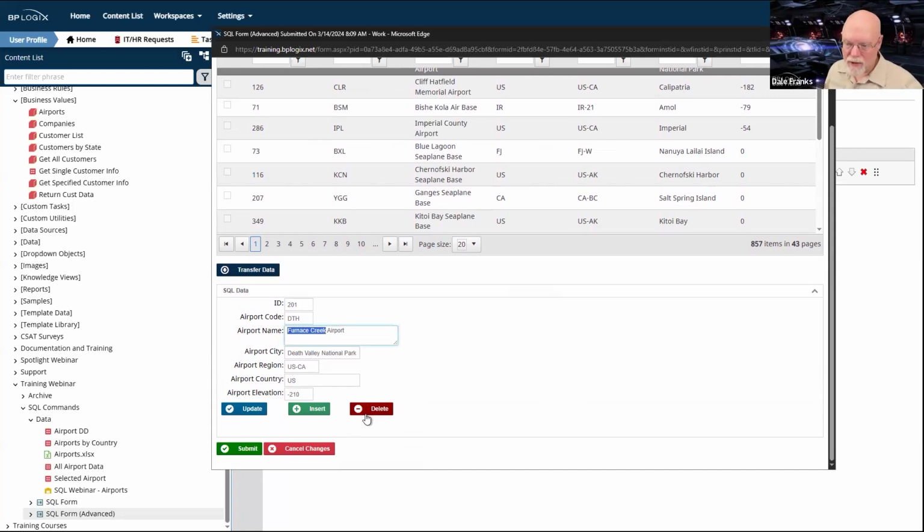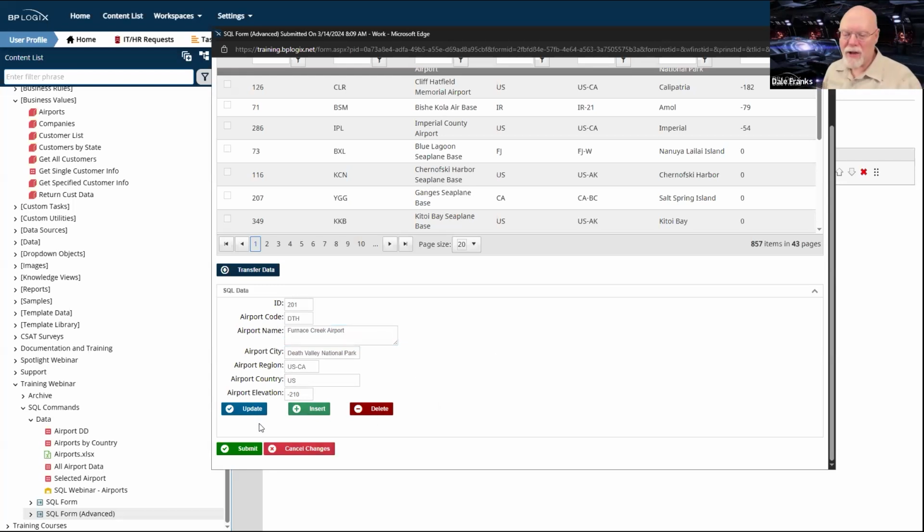In this implementation, I haven't messed around with showing and hiding buttons. I'm just going to assume that I can do any of these three things here without having to jump through hoops. I have in the past shown various ways of hiding the update or delete or insert buttons based on either checkboxes or some values that you have here. But everything works at this point.